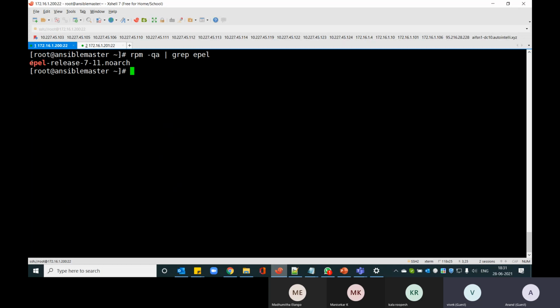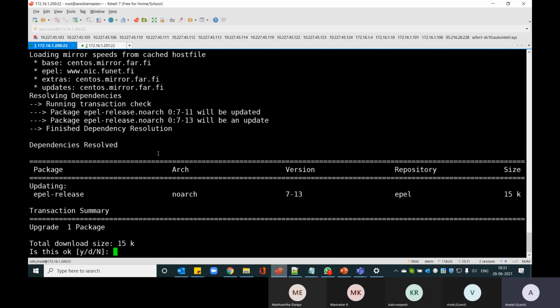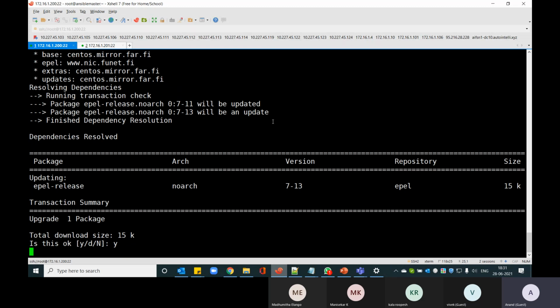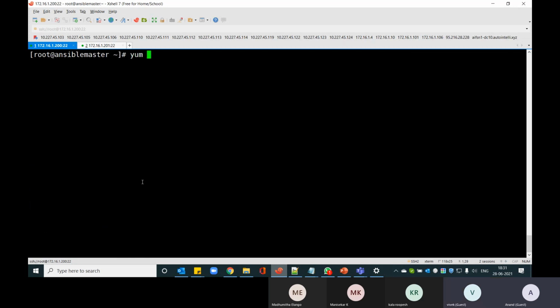I have the EPEL repository by default, or if not, you can always run yum install epel-release so that it gets downloaded and installed. Maybe I need an update. If you don't have it, you can have the EPEL repository downloaded and installed, and after that you can do a yum install, and you should be able to download it.